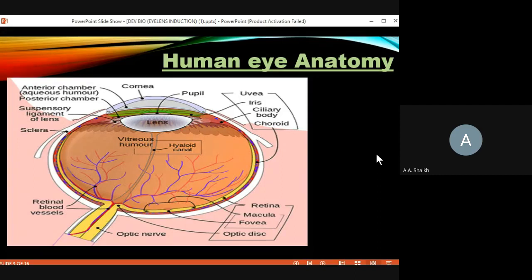Okay, like the retina, which is present here, beneath the sclera, has to be attached or positioned at this position only. The cornea should be the outermost layer. The lens should be positioned here. The ciliary bodies should be attached at this particular position. Also, the pupil needs to be centered in this position only. The rest of the things, like the sclera, should be at the outermost layer or regions only.